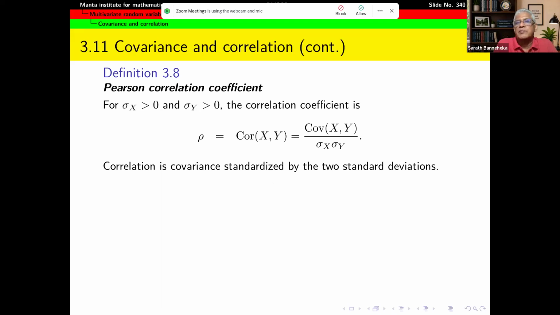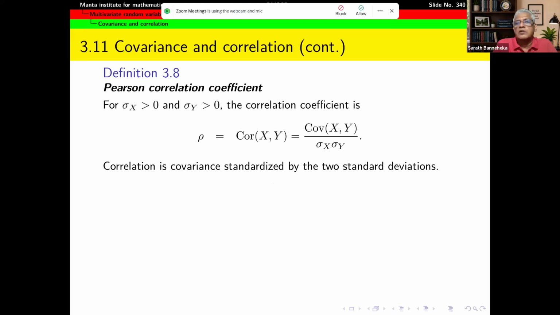Right. So alpha and beta will change depending on the units we use, and therefore the covariance will also change. Therefore, it will be difficult to interpret and compare